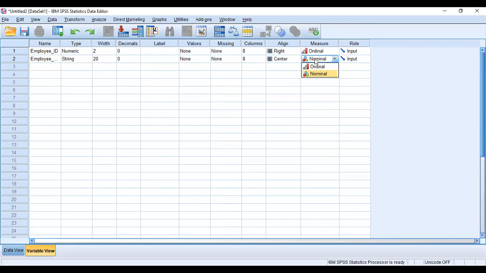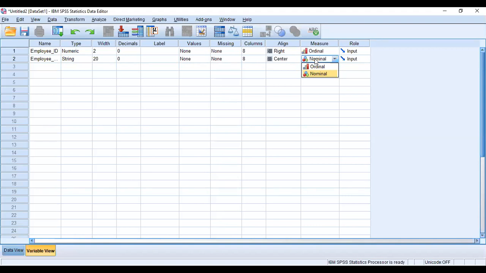If it is a string variable, we have only two options of measure. What is that? Ordinal and nominal. Why is scale not provided? A scaled variable should only be depicted in numerical values.